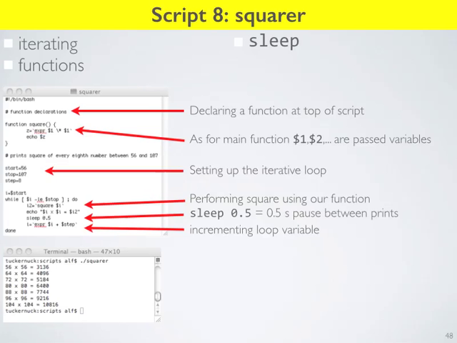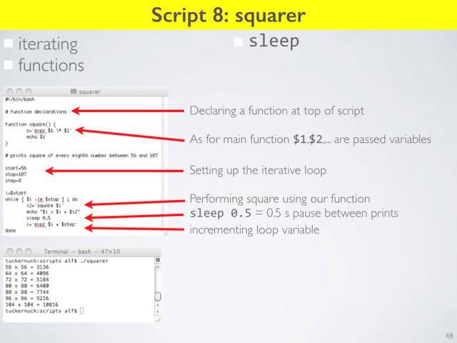We're going to illustrate functions, which are a very concise way to handle code you use a bunch of times. Maybe you don't want to rewrite it every single time, in serial, in your bash script. So maybe you want to write it up front, and then you just call that function. That can save a bunch of typing. And also the sleep command, which does exactly what you would expect. It makes the system sleep for a certain amount of time, so it gives a pause in the code.